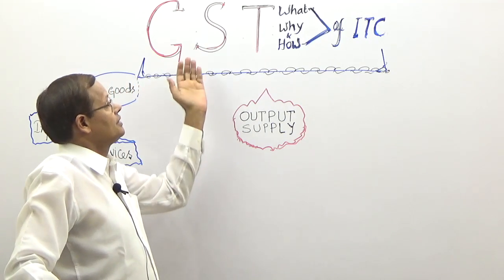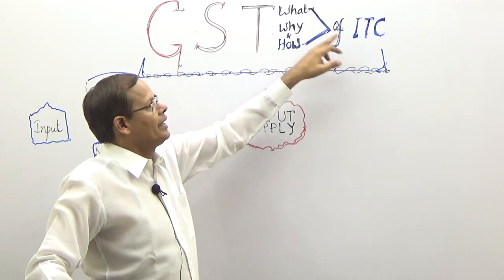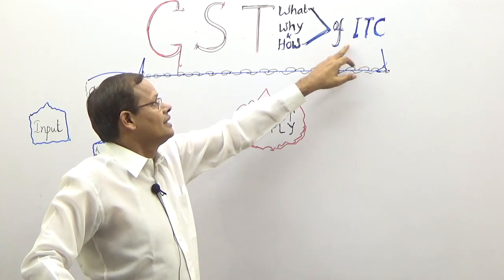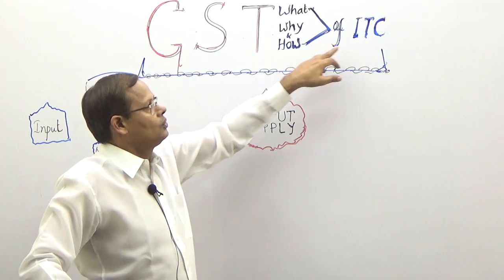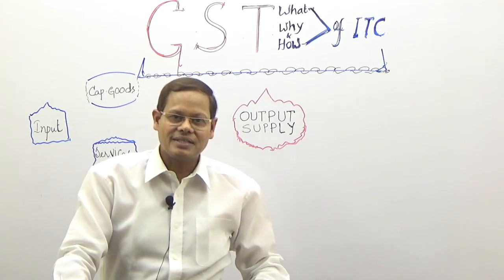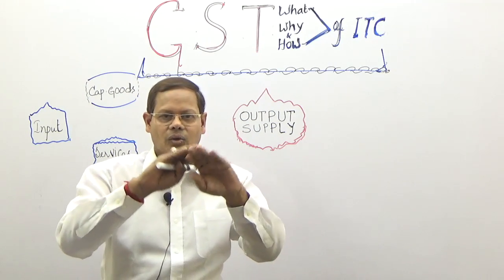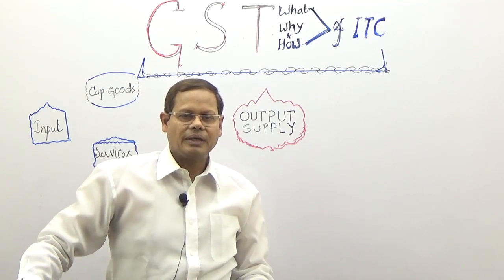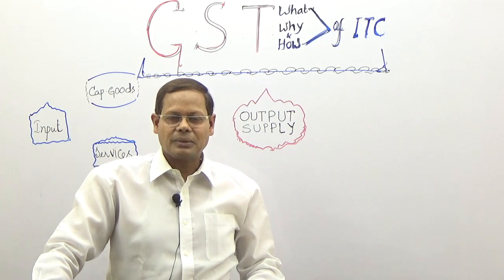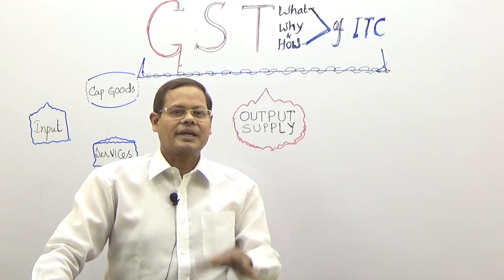Under GST, what is input tax credit? Why is input tax credit necessary or useful? How it works, what it is, why it is, and how it is. All discussion will be around ITC only, input tax credit only. For that, I start with an example,